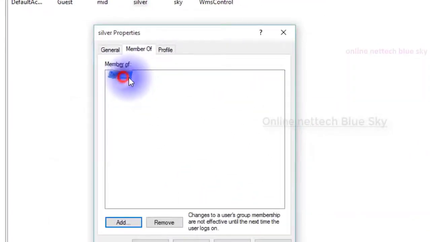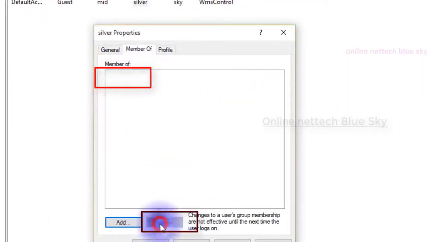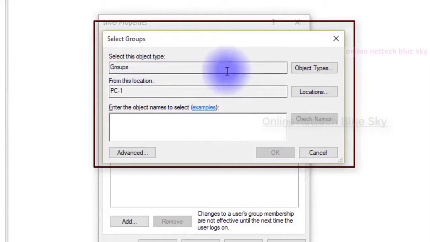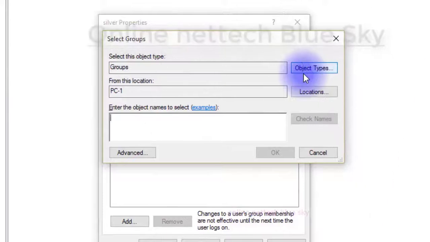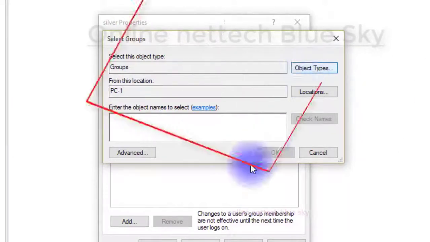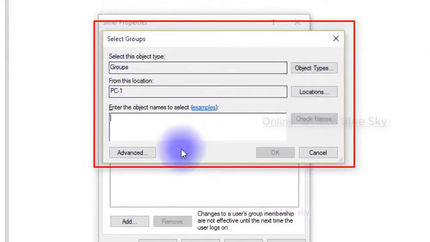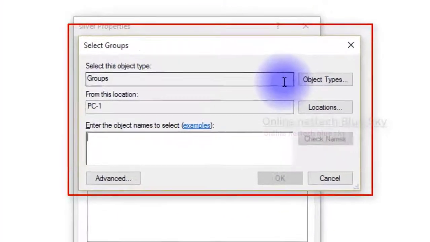So I will remove these users and create this silver. I can create a new administrator account silver and give permission. Okay, that means the silver user automatically becomes an administrator account and can access all settings from here. So you can create a local user or an administrator, or both. You check the information and what you expect from your systems.